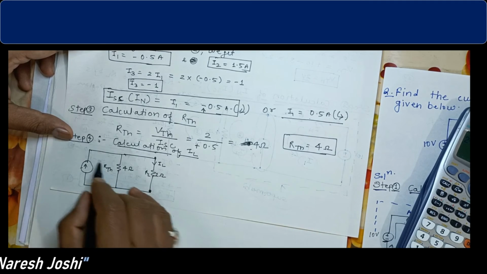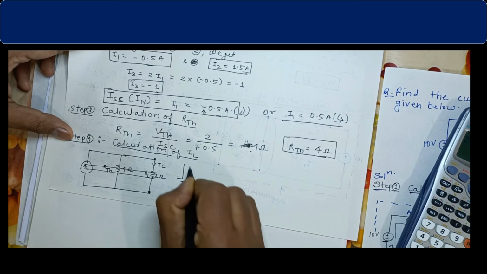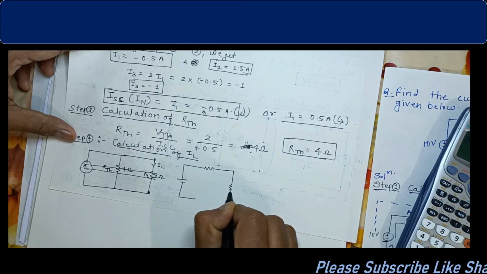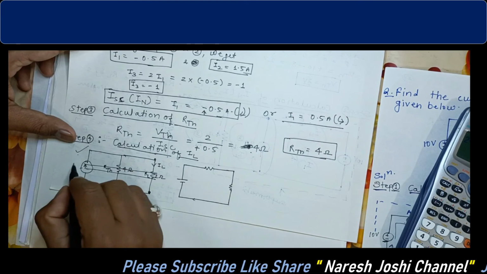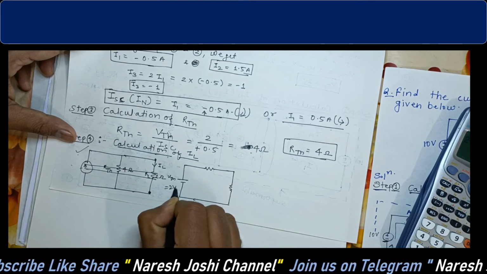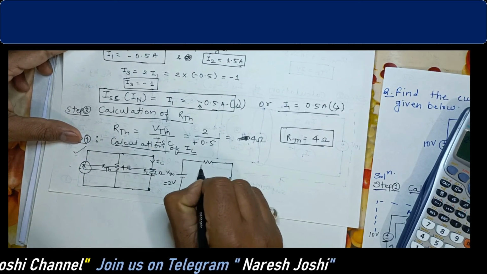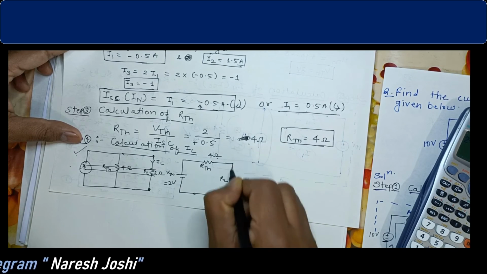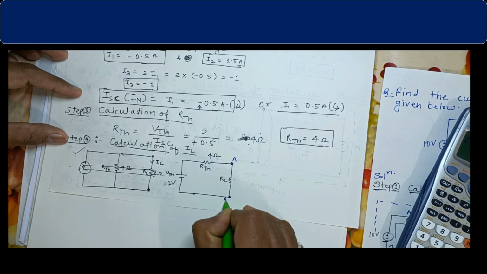Extremely sorry. So Thevenin's equivalent is VTH, RTH, and this is the Thevenin. You can also understand this is the Norton's equivalent. You can draw it in this way. Clear? So this is the VTH we have calculated, 2 volt, and this is RTH, 4 ohm, and this is the load resistance. So it is our load branch, that is A and B, and the current passing through it will be IL.